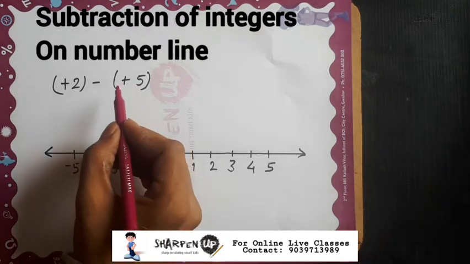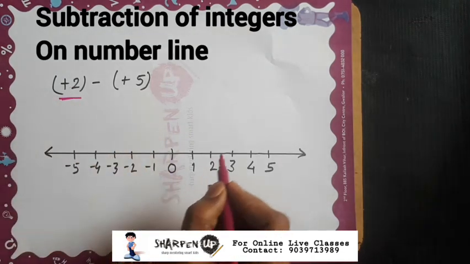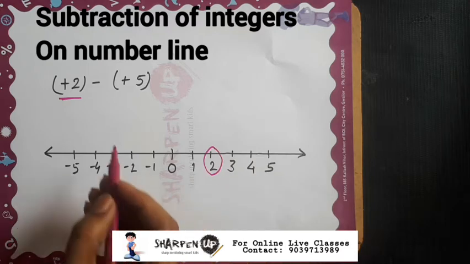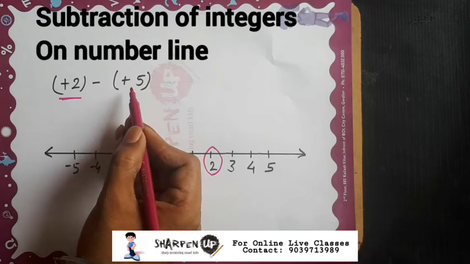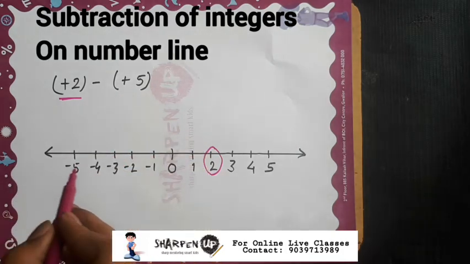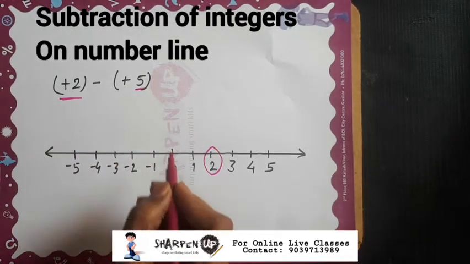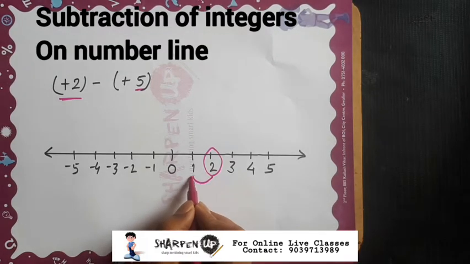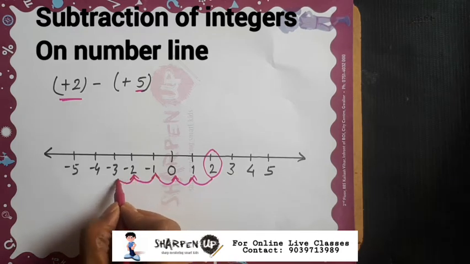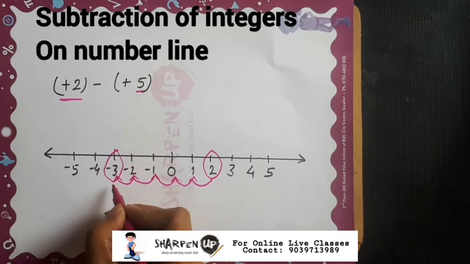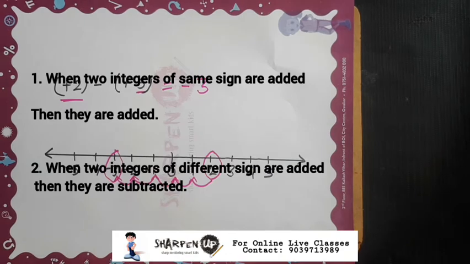In the same way, we are subtracting plus 5 from plus 2. This number represents where we are. Here we are, and we are subtracting something positive. That means we are subtracting some positive habits from our life. Is it a right thing or wrong thing? Obviously it is wrong. So we will go in the left direction. How many places do we have to go left? 5. So we count from here: 1, 2, 3, 4 and 5. Where have we reached? Minus 3. So the result is minus 3. See how easy it is.